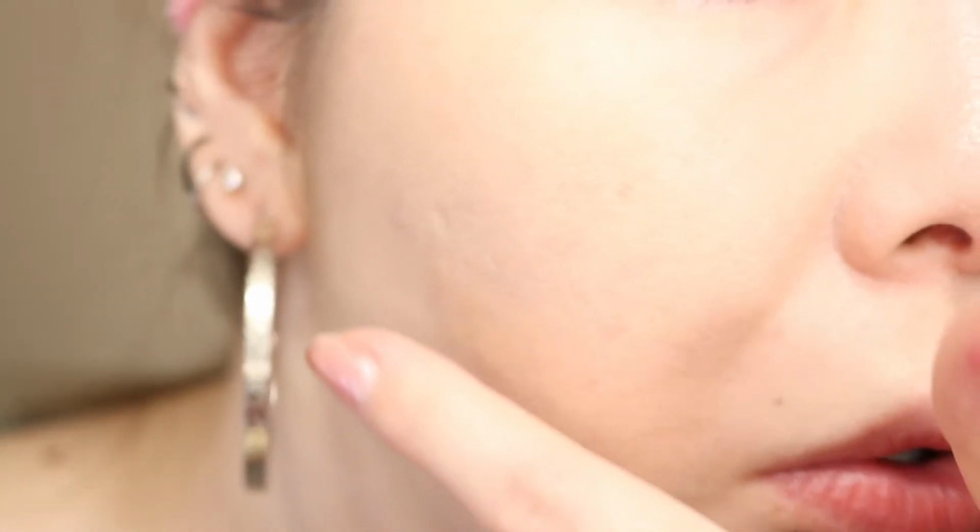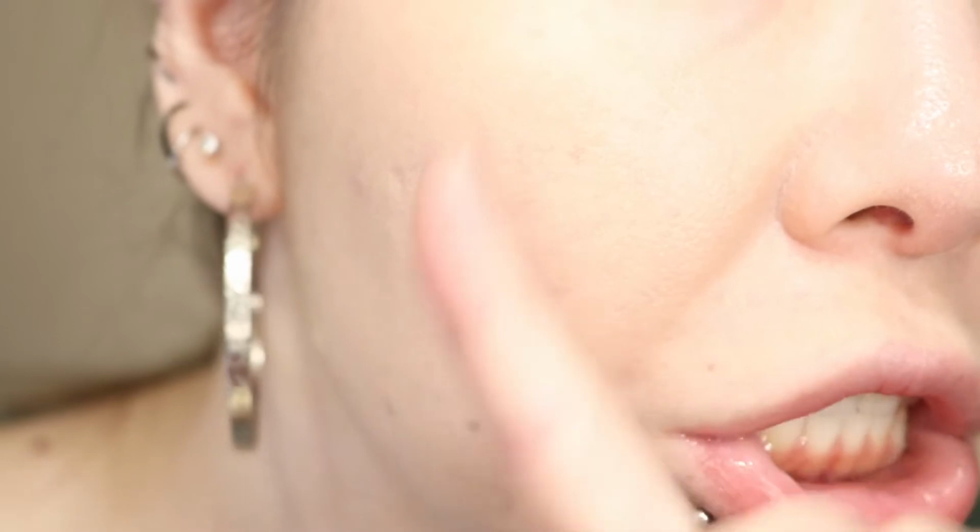But as for my pores on my nose, you really can't see them. I'm pretty sure it's the help of the primer as well, but they're not as ginormous as they normally would be without a primer and just foundation. So that to me is really good. Of course, as soon as I added the second layer with the brush, I got a lot more coverage. So far,